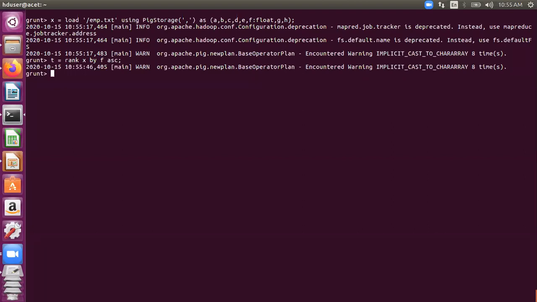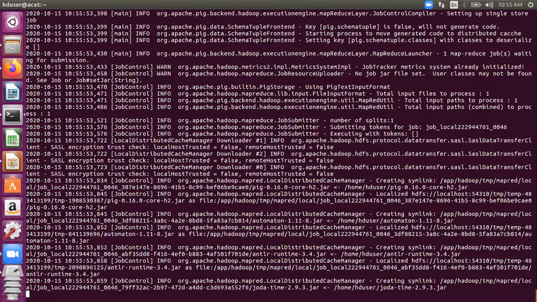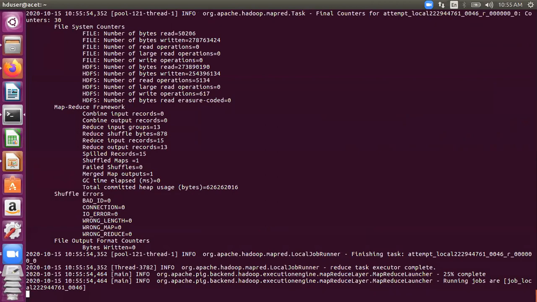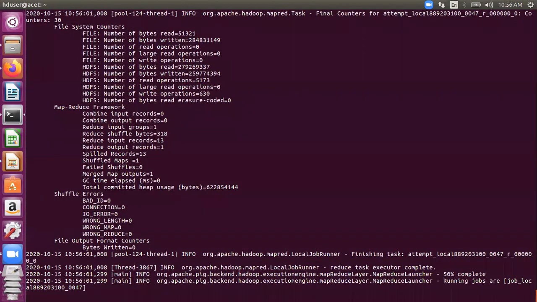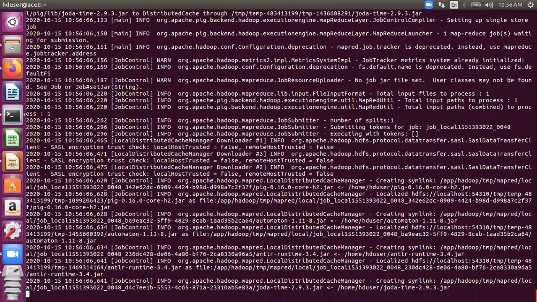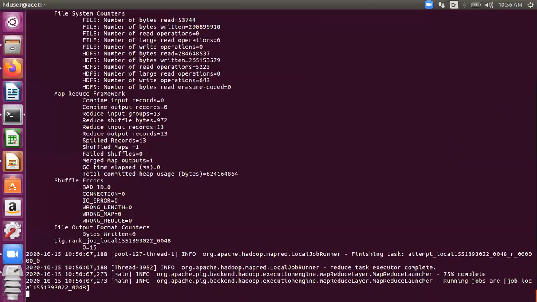And then if we dump T, then the first rank would be given to the lowest salary and so on. All of you know that, right? You can see it on screen now.